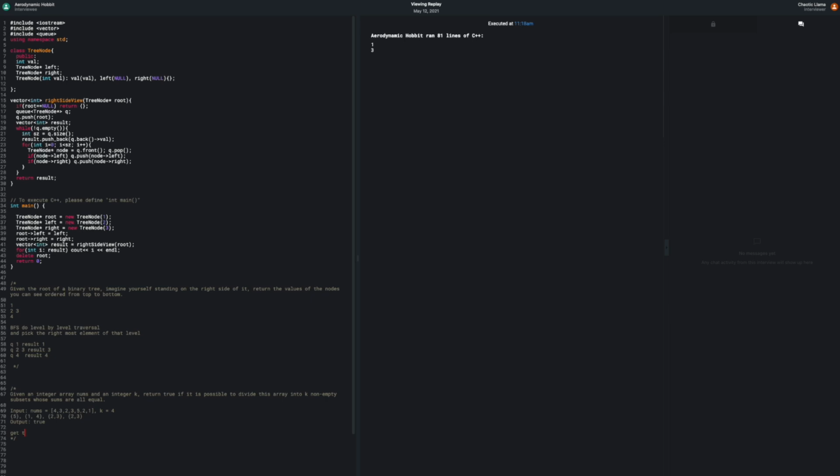Okay. So what I'm thinking, get the sum of the nums array, divide by k, and check the remainder. If the remainder is not 0, return false at that time. So this is the initial check, since we can't divide it into k equal subsets. And then